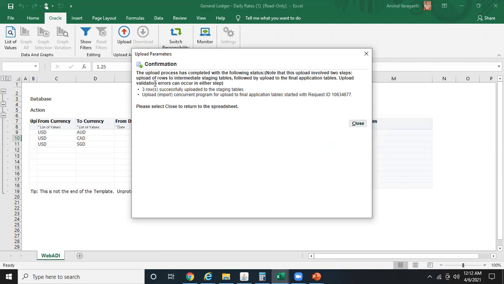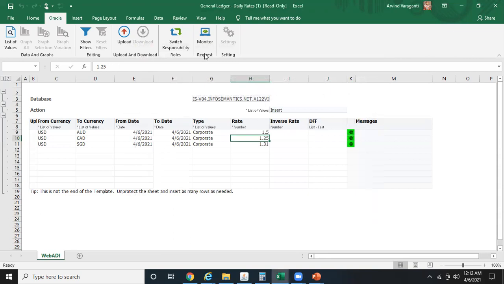Okay, you see a message saying that 3 rows are uploaded successfully and there is a request ID which got triggered.